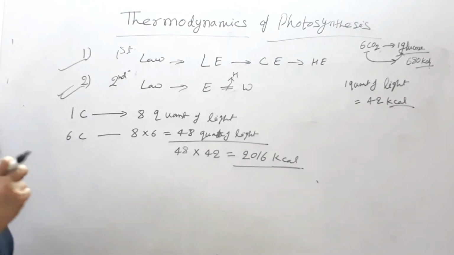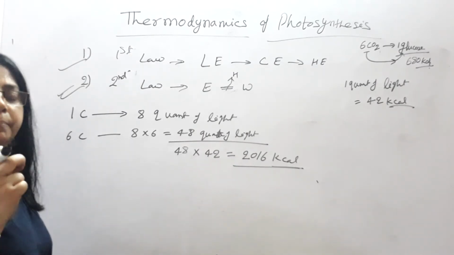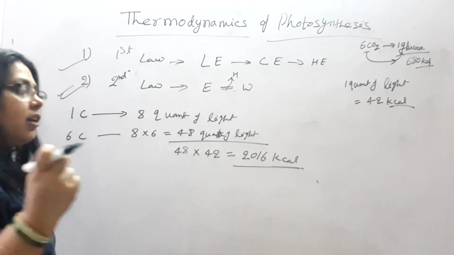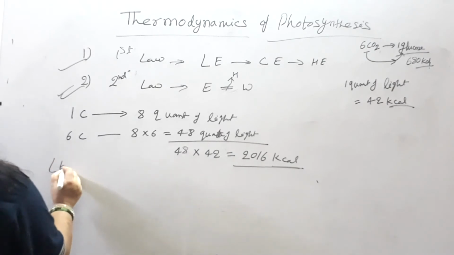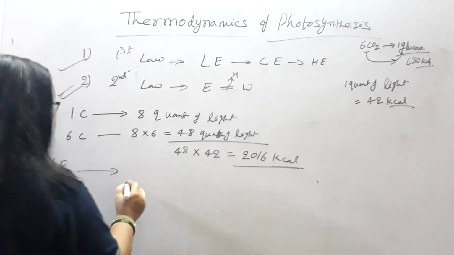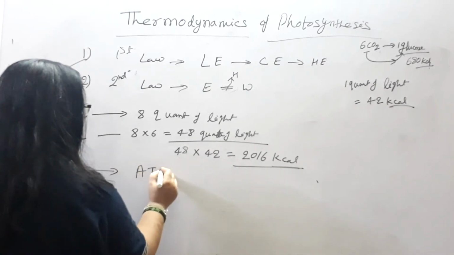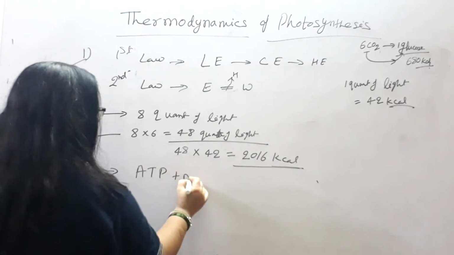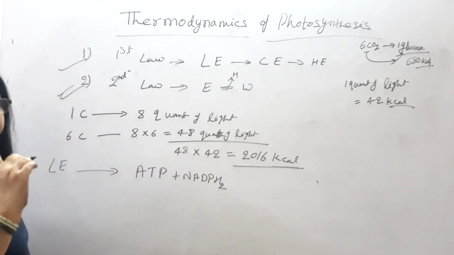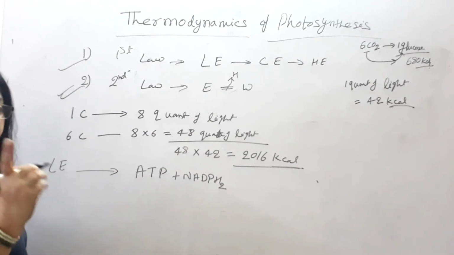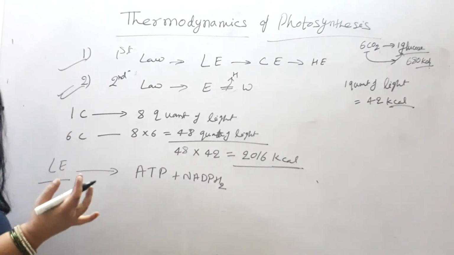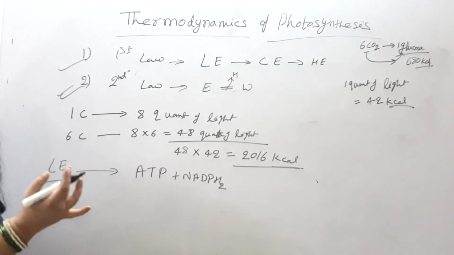Now, photosynthesis is a two-step process: light reaction and dark reaction. At first, light energy is converted into ATP plus NADPH2 in the light reaction. The light reaction is the first step, in which light energy radiation, sunlight, after absorption by chlorophyll